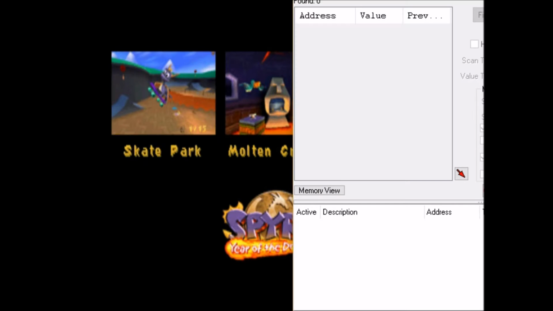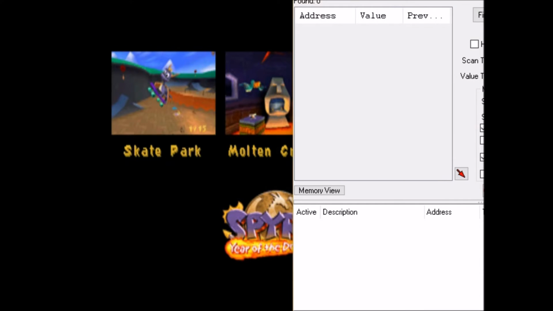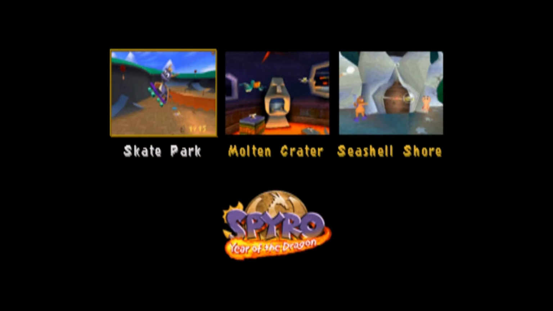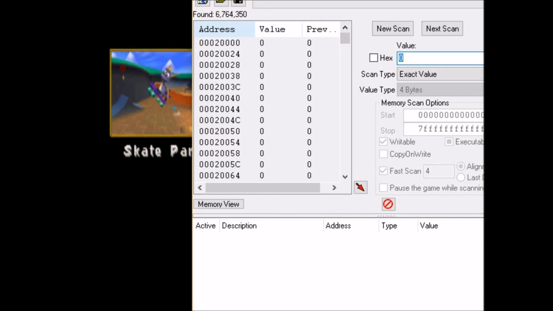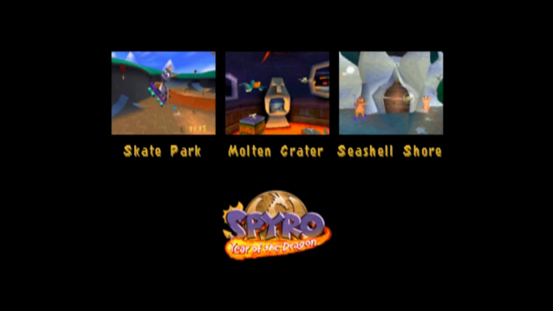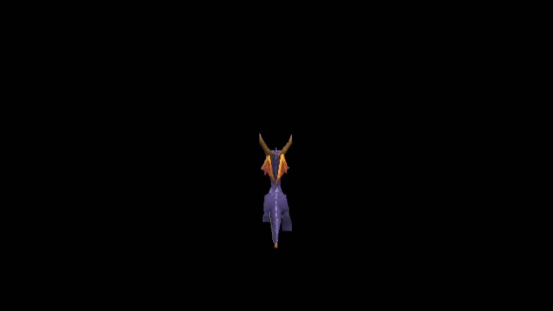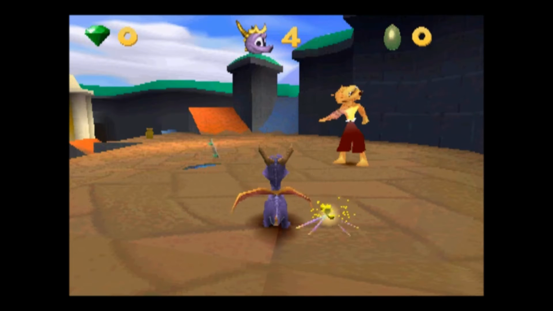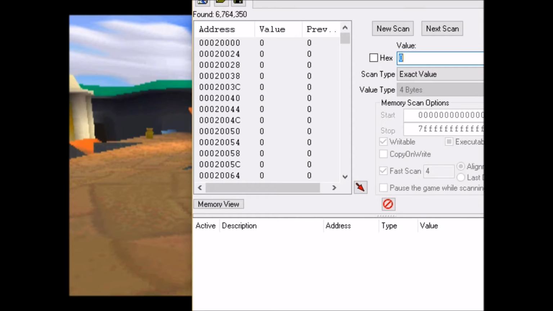So we're going to start this off by searching for the current level value. We're not in a level, so we're just going to search for 0. Doesn't help, there's still 6.7 million. So we're going to go into Sunny Villa and we're going to look for level 11. So the level code bit will be easy to work out. The area codes, not so much, because there's not really a pattern to the areas. So if we type in 11,